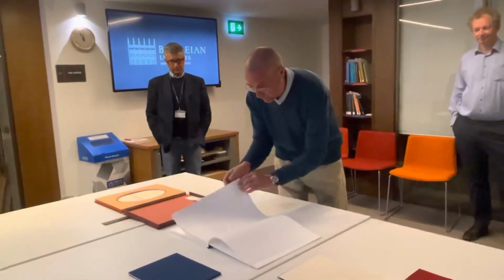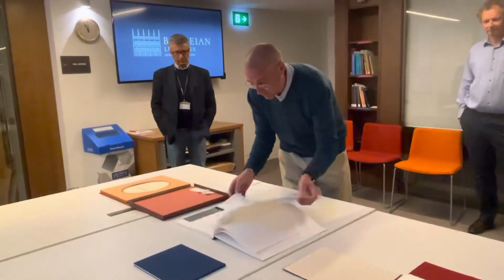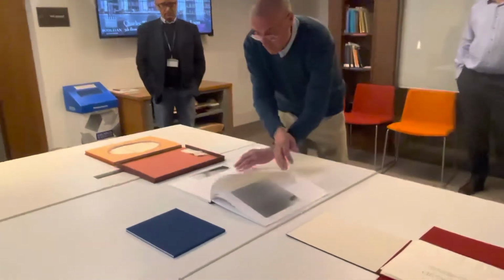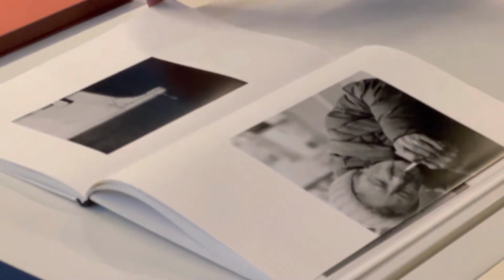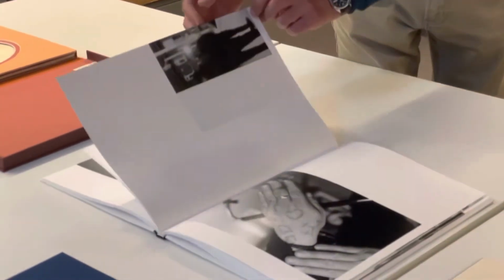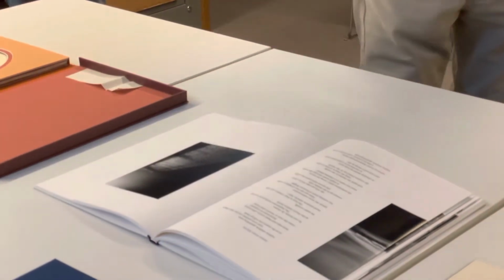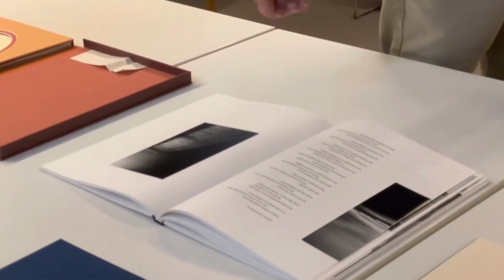So we like that idea of a kind of diversity of voices and approaches and geographical locations. So this one's out of Ireland, and it's essentially a kind of homage to the city. And there's an original poem and these incredible photographs, done in a really interesting way, the way he's folded the images across the various sheets. So you get a brilliant book artist, you get a fantastic photographer, and you get an original poem, all in this book,